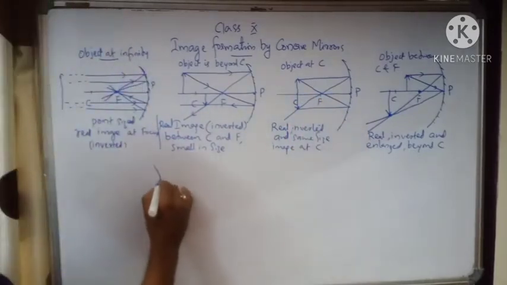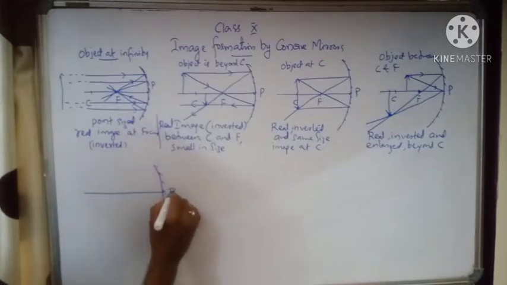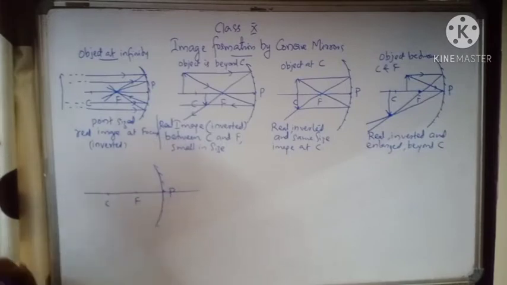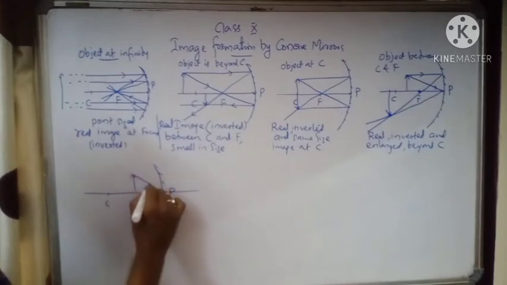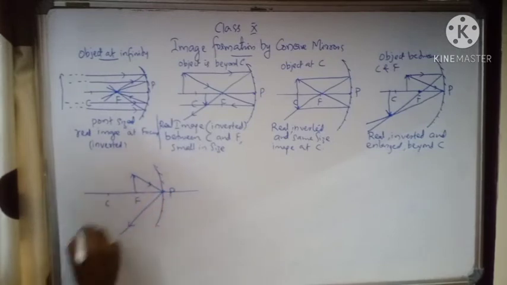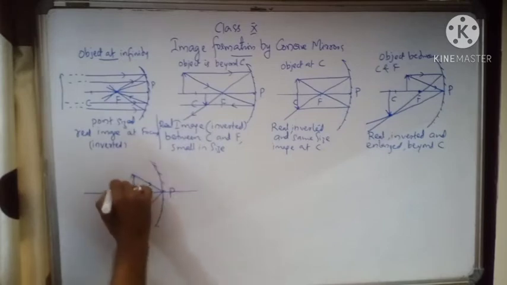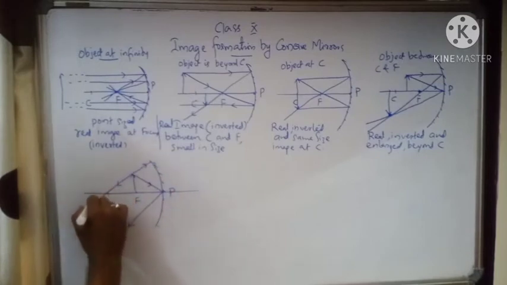We will see which type of image we are going to obtain. Okay. Now we have drawn the principal axis, pole, focus and center of curvature. Okay, we can extend the principal axis. We place object at focus. See, one light ray we draw, it is passing through pole, obliquely incident. It is reflecting obliquely back. Second light ray we can draw, which is passing through center of curvature. We know that light ray through center of curvature passes straight back. See, it will reflect along the same path. Okay, it is reflecting back.